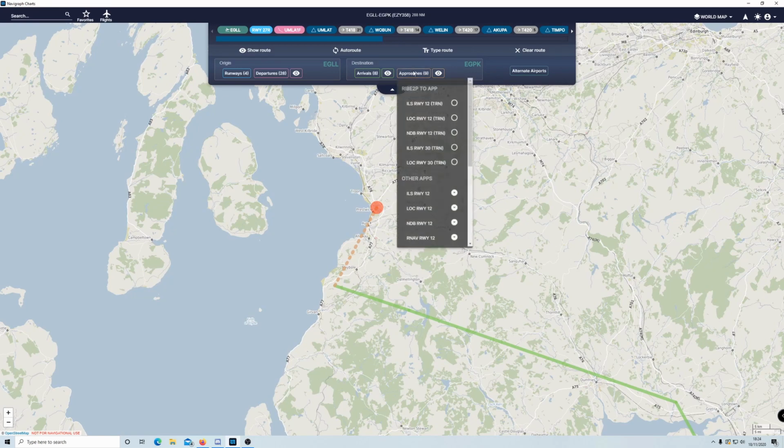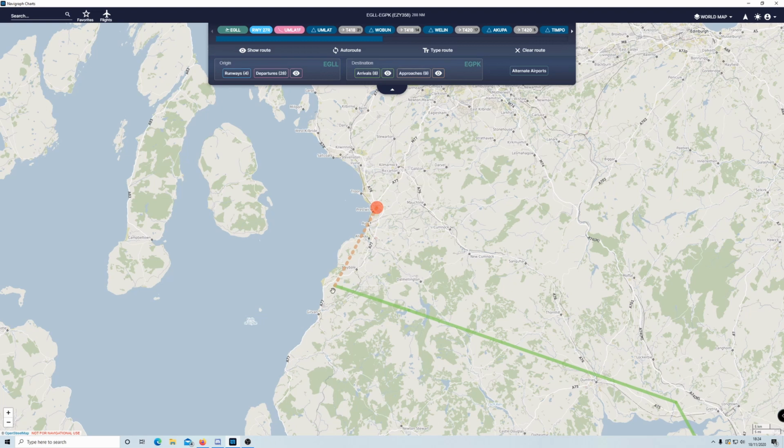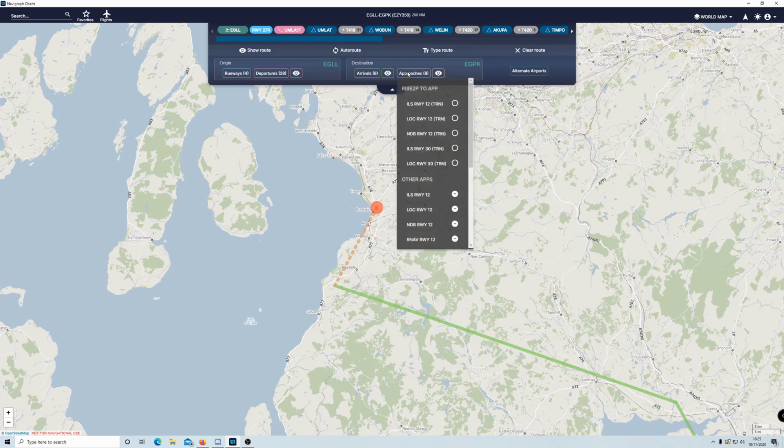Now in this case, it's very, very simple. You have your STAR, and then you click here. Here you have all your options that you can change. Your arrivals are your STARs, and that's already been pre-selected. And you can select your approach. In this case, when you open up, there are many different things that can happen at this point. In this case, it's already suggesting you